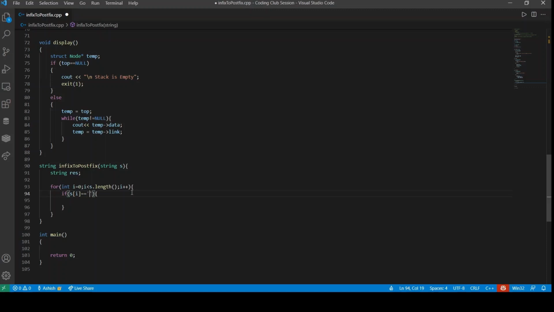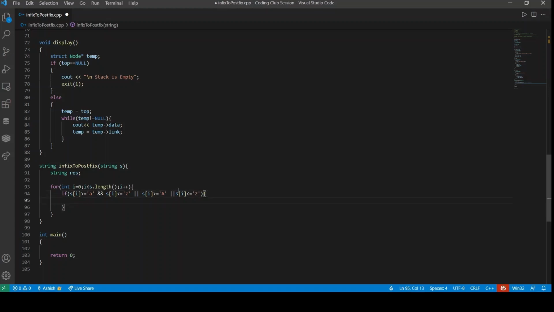We'll simply check if s of i is greater than or equal to a and s of i is less than or equal to z, or this could be this, and this or this, both capital and small case.